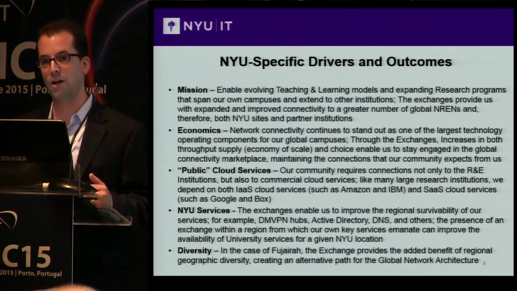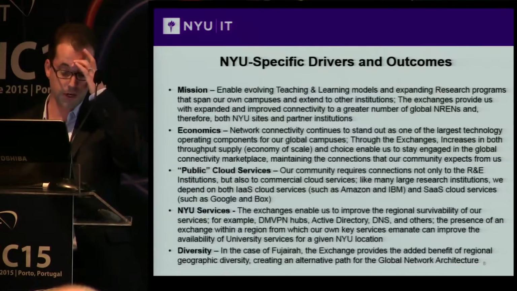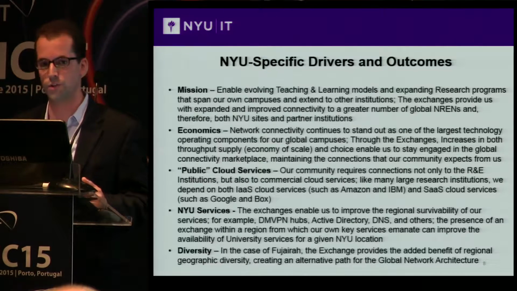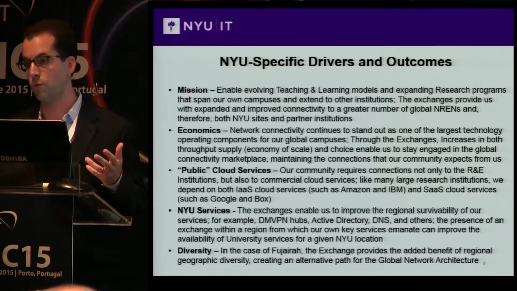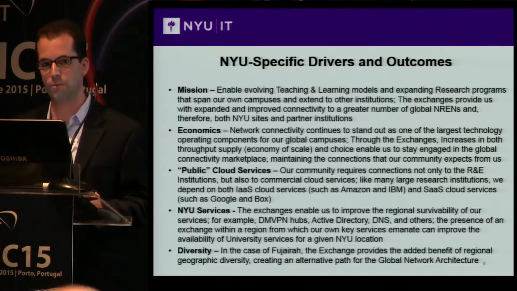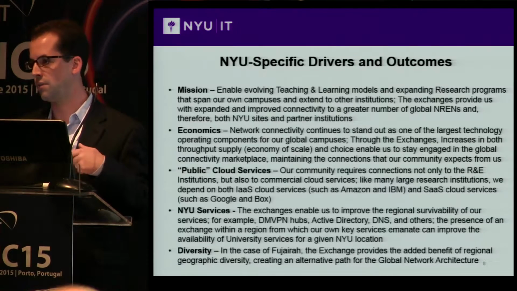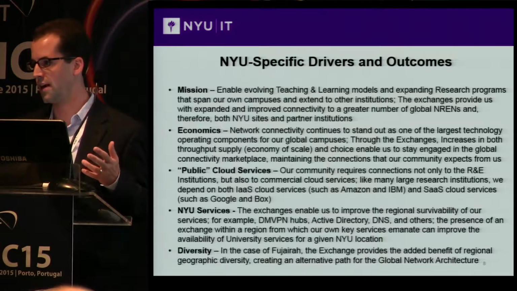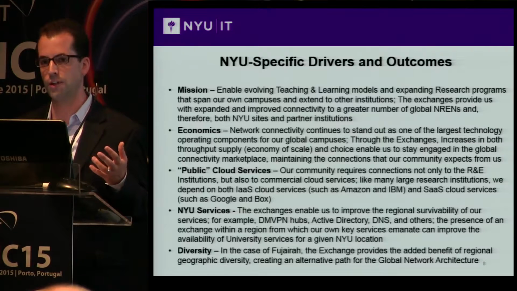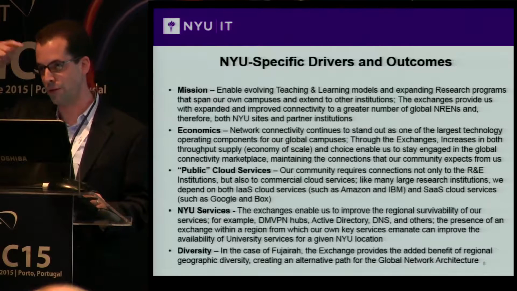So we want to provide those improved and enhanced connections to public cloud providers that they depend on. And then, of course, back to the NYU services, the exchanges create opportunities for improved availability of our services within a region. So things for NYU like DNS, Active Directory, we use the DMVPN protocol to secure communications between our sites. If we can locate those services additionally in other regions through these exchanges, in the case of regional breakdowns of connectivity, a site loses connectivity back to New York City, they stay online and they stay able to communicate with the other NYU sites,